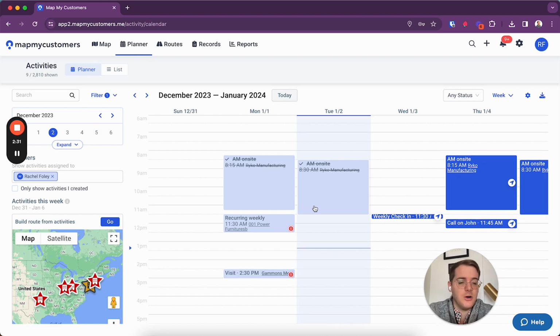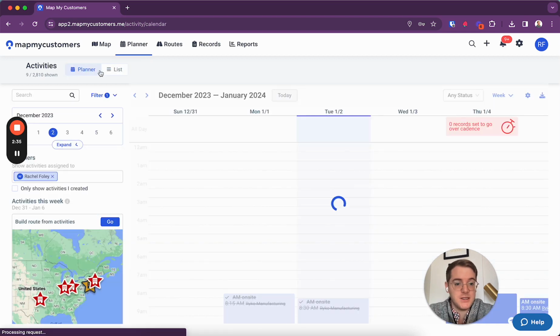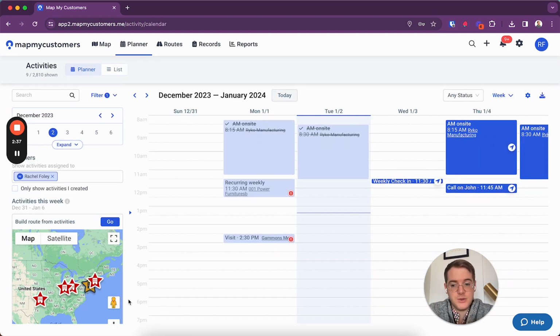Again, what's cool is you can go between list view, which is useful in some cases, to the planner mode, which is like your calendar, to the map itself. And again, this all translates over to mobile. So no matter if you're at desktop, if you're on mobile, if you're in the field, if you're not, if you're planning ahead on your calendar or you're just taking notes, and trying to keep track of accounts you're going to visit in a list style format, there's a different way to kind of utilize this functionality to be more productive, right? So goal here is figure out how to like productively plan ahead of time and do it efficiently